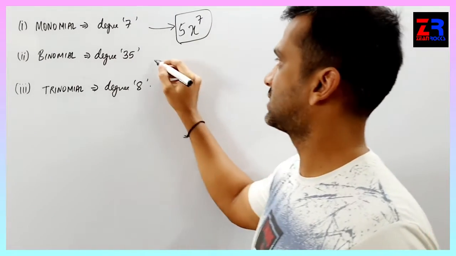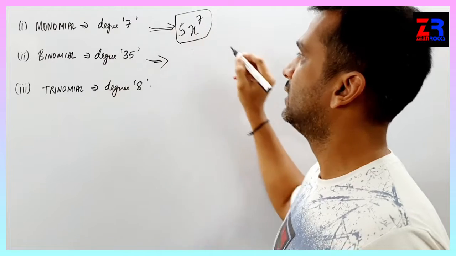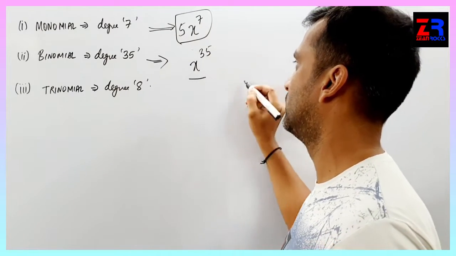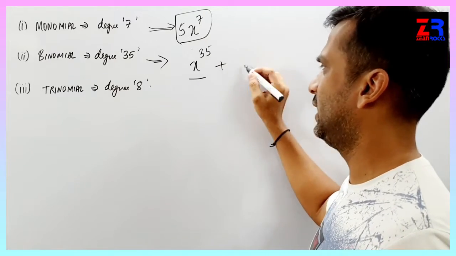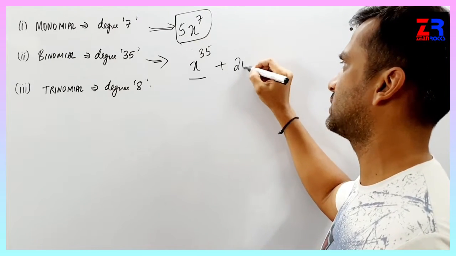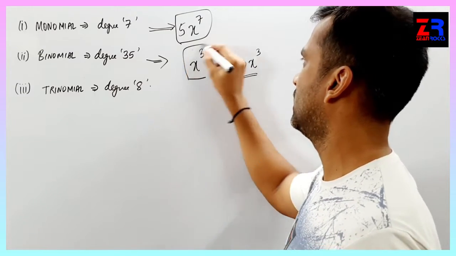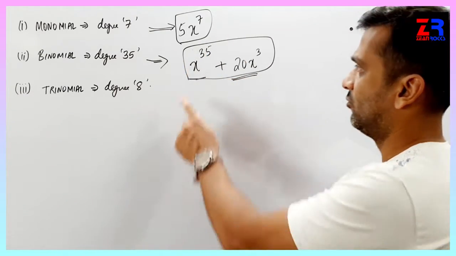आगे चलते हैं। नेक्स्ट बाइनोमियल विद डिग्री 35। बाइनोमियल सो x raised to 35, दिस इज द फर्स्ट टर्म, प्लस कोई भी टर्म ले लो, 10 ले लो, 100 ले लो, 20 ले लो, 20x ले लो, 20x स्क्वायर ले लो, 20x क्यूब ले लो, कुछ भी ले लो। सो दिस बिकम्स अ बाइनोमियल। दो टर्म, वन टर्म, सेकंड टर्म।